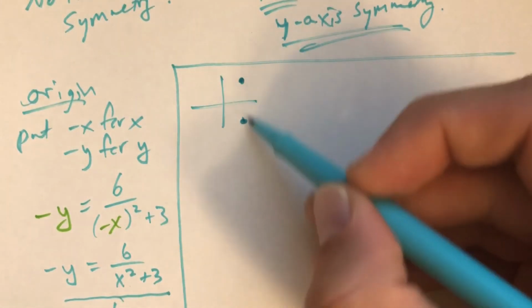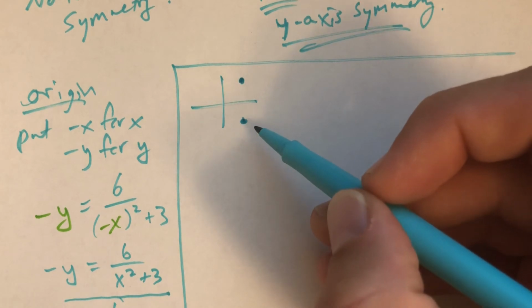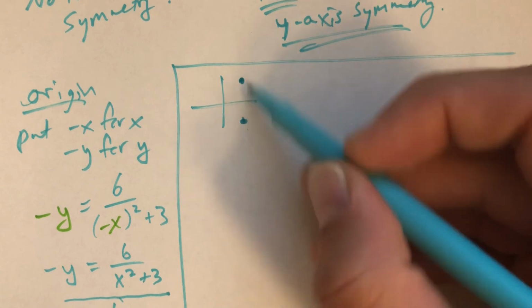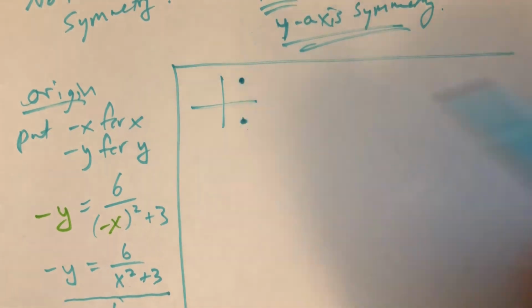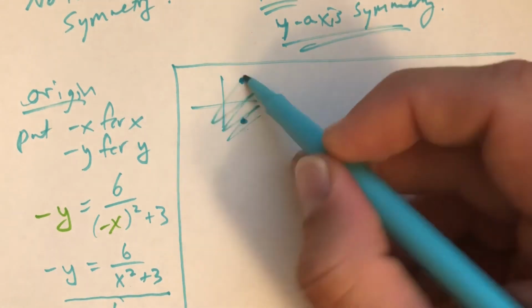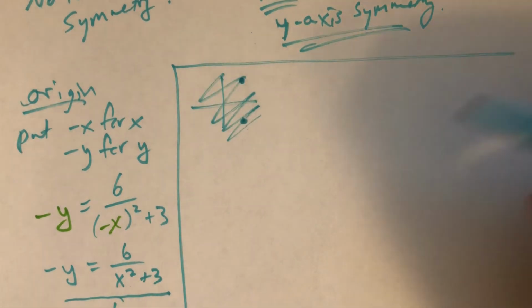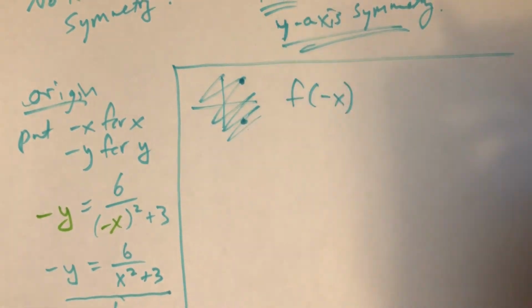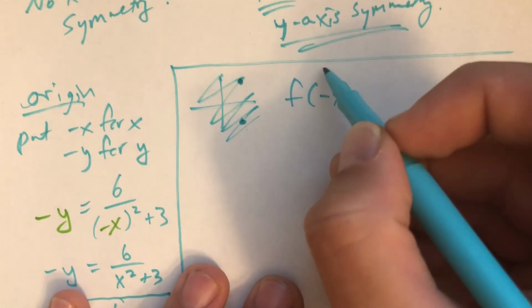And this is exactly what we talked about when we talked about symmetry. So if a graph is symmetric about the x-axis, it cannot be a function, right? So we don't even really have to worry about x-axis symmetry, and we can just streamline our process here. Because really, all we're going to do to check y-axis symmetry